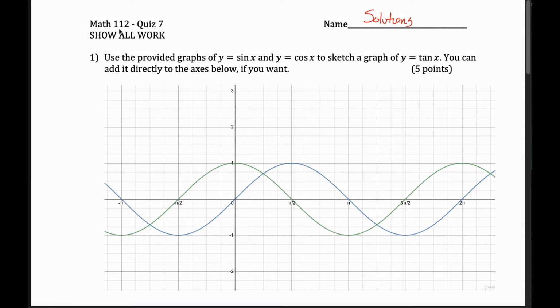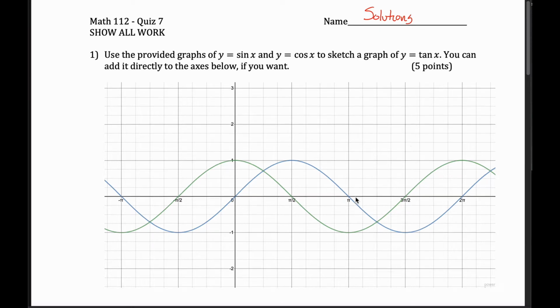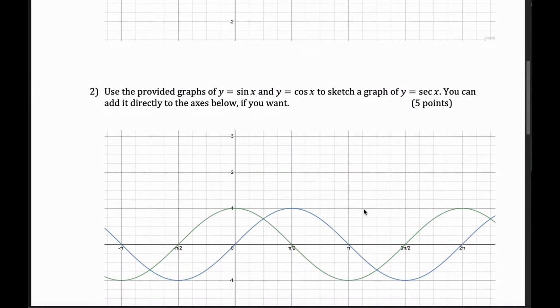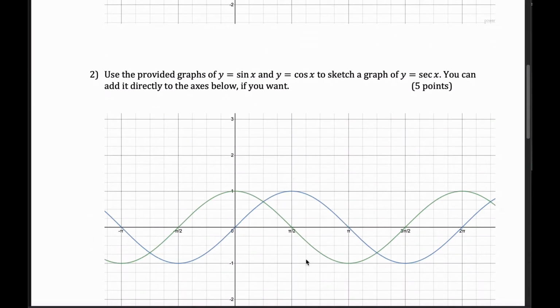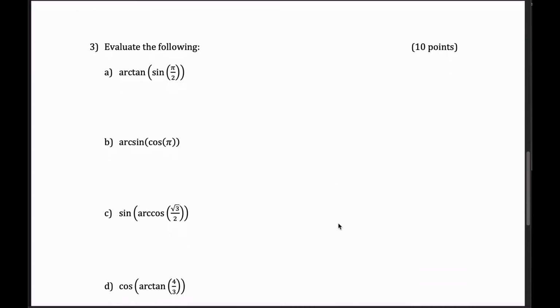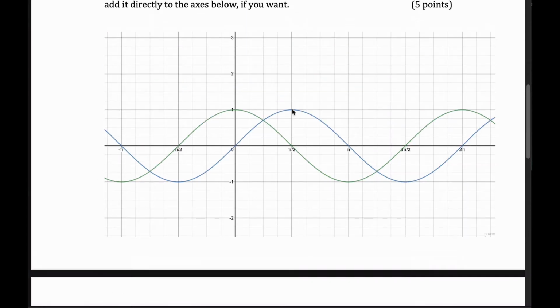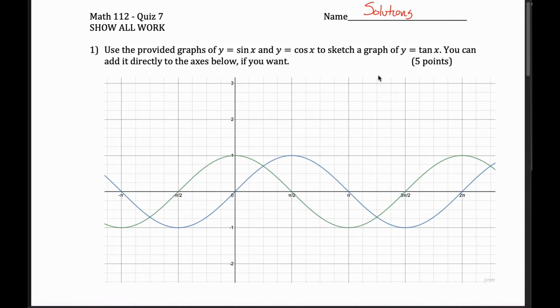All right, here are quiz 7 solutions for Math 112. On this quiz, on the first page, what we're doing is we're sketching the graph of tangent and secant of x from the graphs of sine and cosine of x. And then on the second page, we're dealing with some inverse trig functions, specifically function composition with trig and inverse trig functions. So anyways, on the first page, the first problem asks us to come up with the graph of